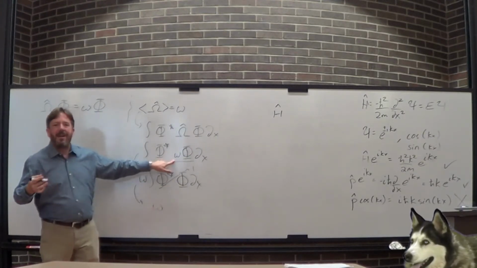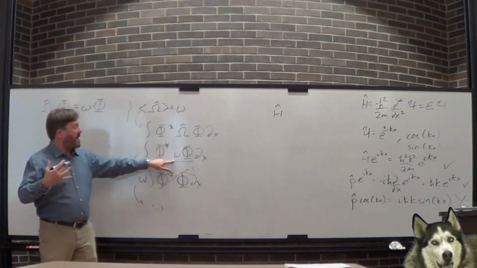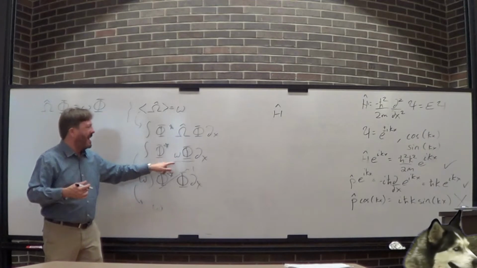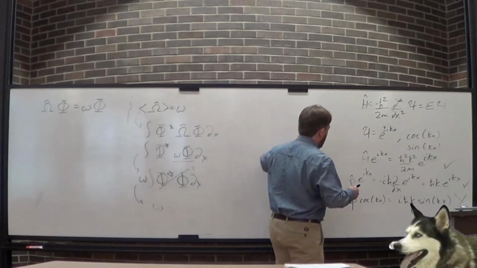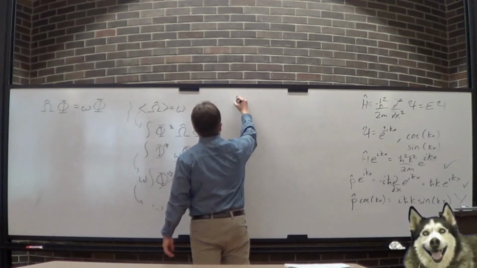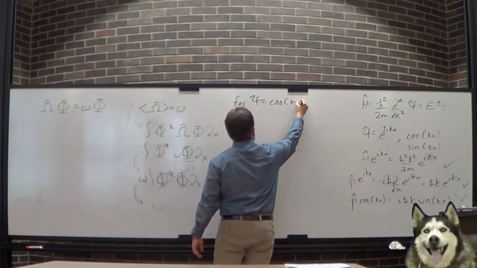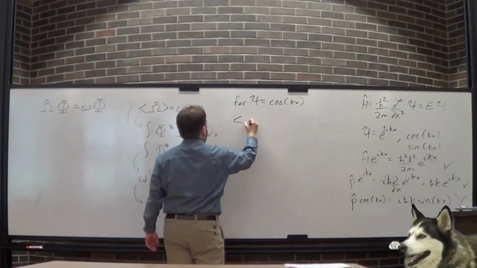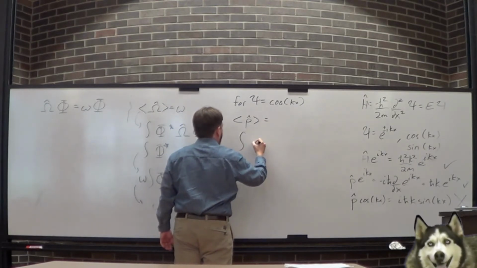But I had it here. What the heck is up with that, right? The answer is that when you're trying to do cosine, you need to do it this way. So for psi is cosine, and you're trying to get the momentum, you need to do it this way. And what you end up with is,